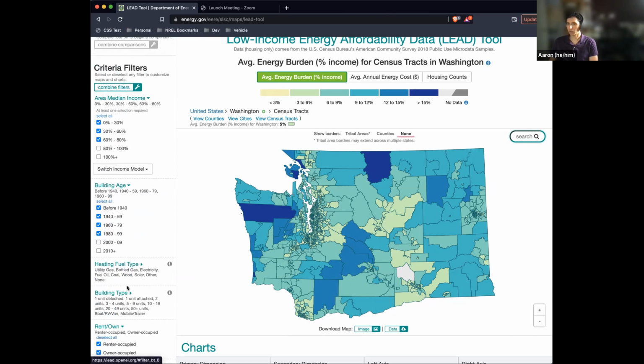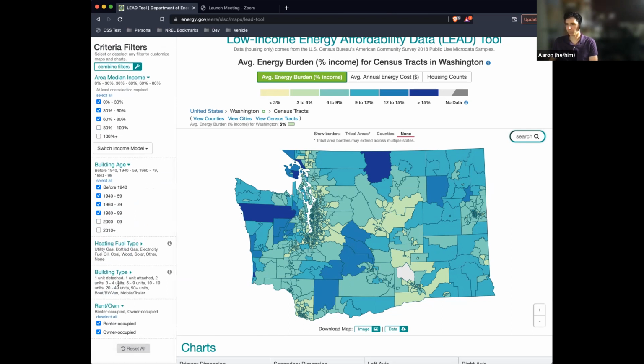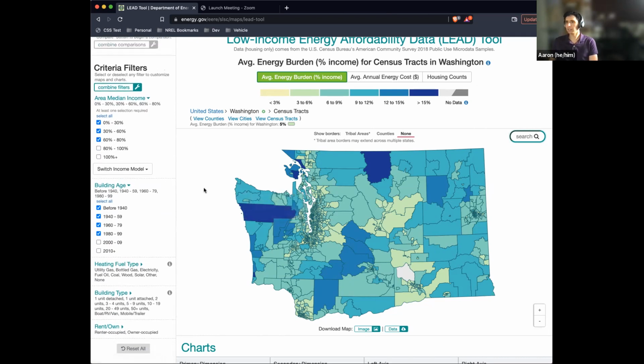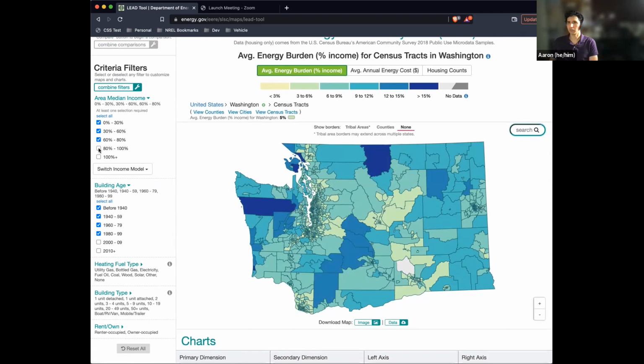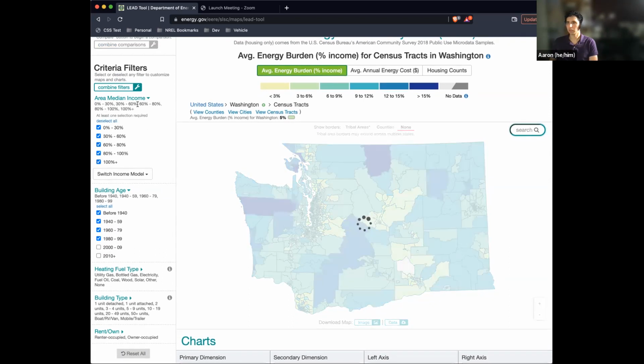And then the last category is renter or owner occupied houses. So depending on what you're looking for, again, you have this small filter here to look at those specific values. Let's see, I'll just add some of these back on